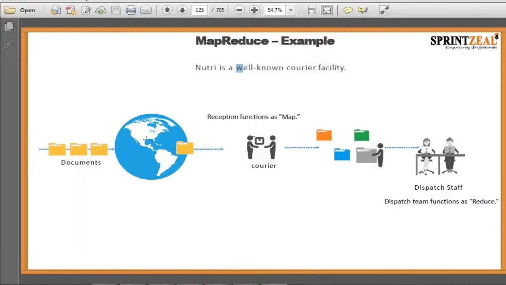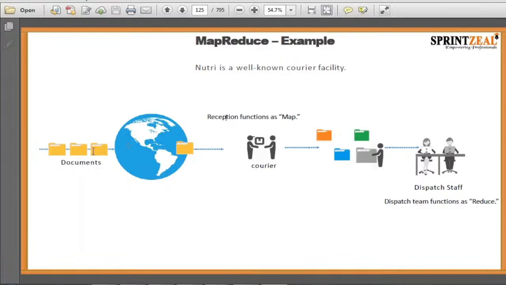Each of the couriers will have some receptions at different locations, right? Everywhere there will be some collection centers where we go and dump our documents, right? So these receptions you can think of as a map. So what they are doing, they are taking each of the documents and keeping them with them, right? So there's a map process to collect all of the input documents,